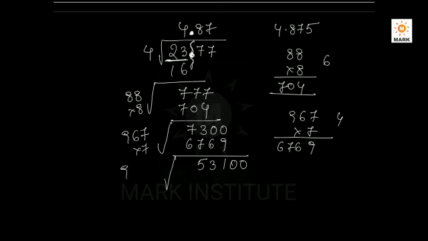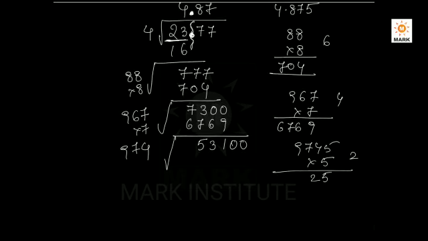Double of 487 is 974. 974, I think 5 times we can go. 5 times easily we can go. 5 times. 5 here. 20, 22, again 2 carry forward. 7 5s are 35. 35 plus 2 is 37. 7 here. 3 carry forward.